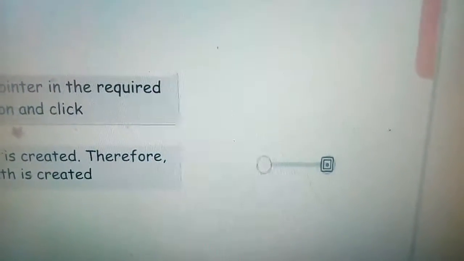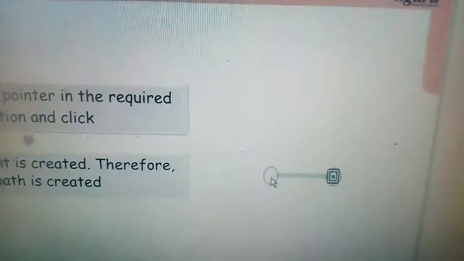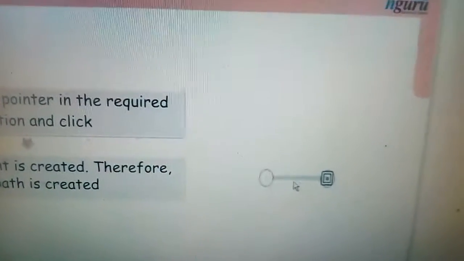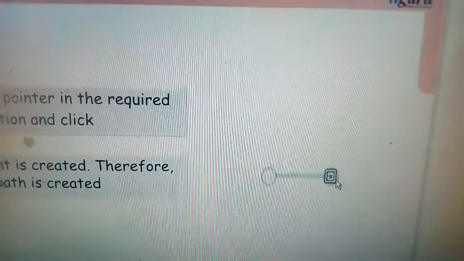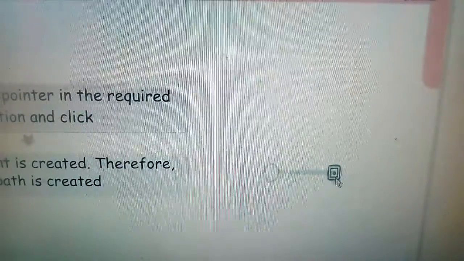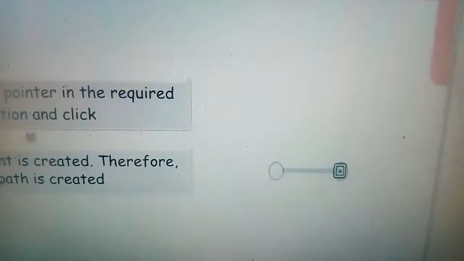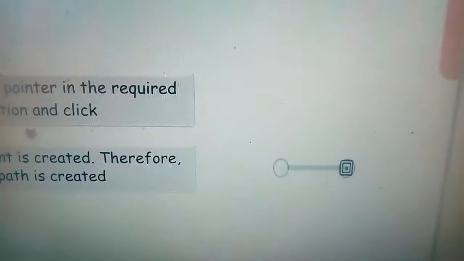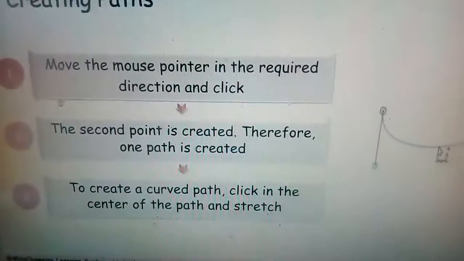Okay, so this one is the starting point. From here you have to click the mouse pointer, then move your mouse pointer to this end position and then drag your mouse. Again this type of point will be created here. Okay, so to create a curved path,